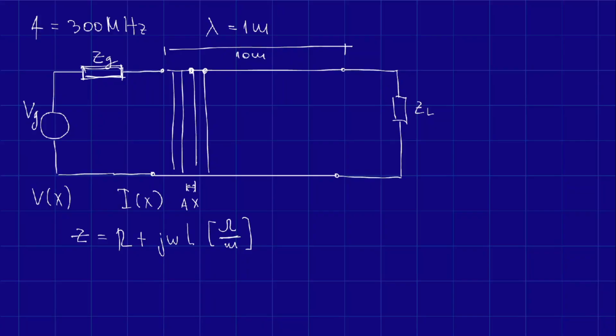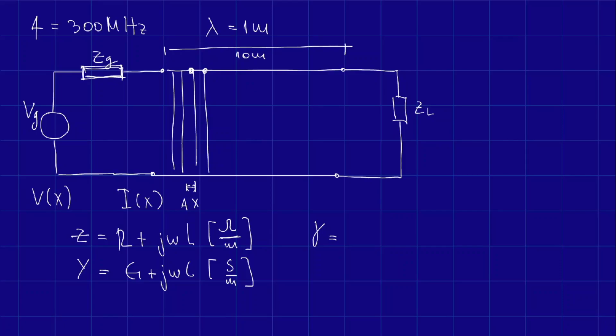And the same thing goes for admittance. We have that Y equals G plus j omega C, and it has a unit of Siemens per meter. Now, something that you will see a lot in transmission lines and that is very important to know